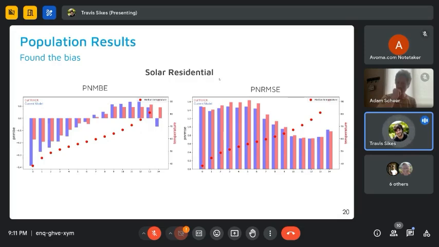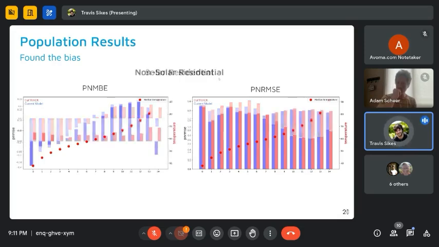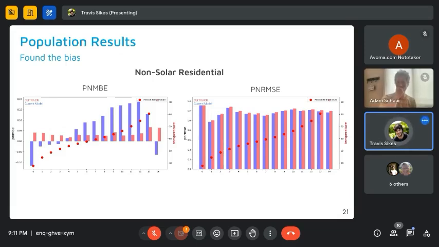All right. I mentioned this was like this for other segments, so let's look at some of those. Here we're looking at non-solar residential, which is also going to be a great place for us to start, because then we can directly compare to Caltrack on footing where Caltrack is meant to be used, which is non-solar. So again, we see that same kind of structure, except it's even more exaggerated in this instance.